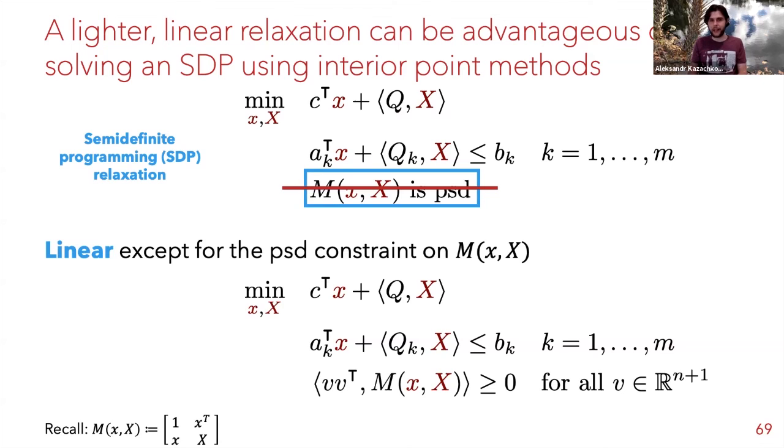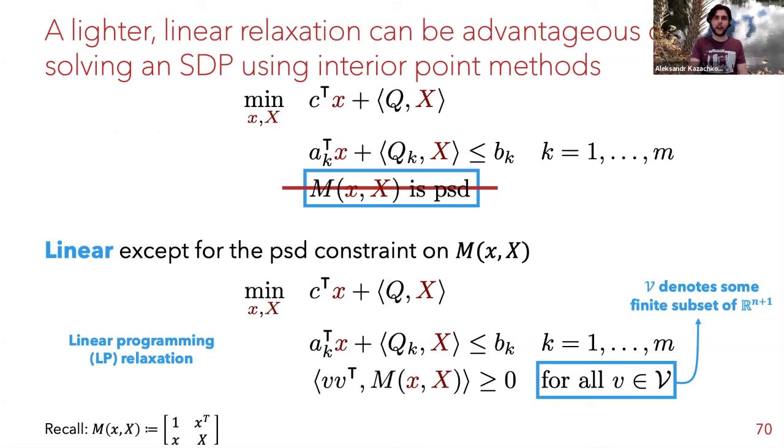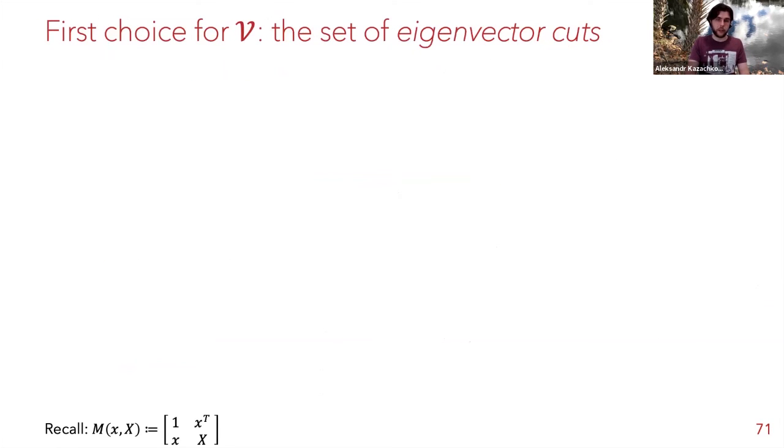But on the other hand, it's not a finite system, because we have every single v in R^(n+1) encompassed there. What we can do is further relax it by taking only a subset of vectors in R^(n+1), and that is going to be our linear programming relaxation. All right, with all of that, now the question is which vectors v we are going to use in our linear programming relaxation. The first, very natural choice that you might consider is the so-called set